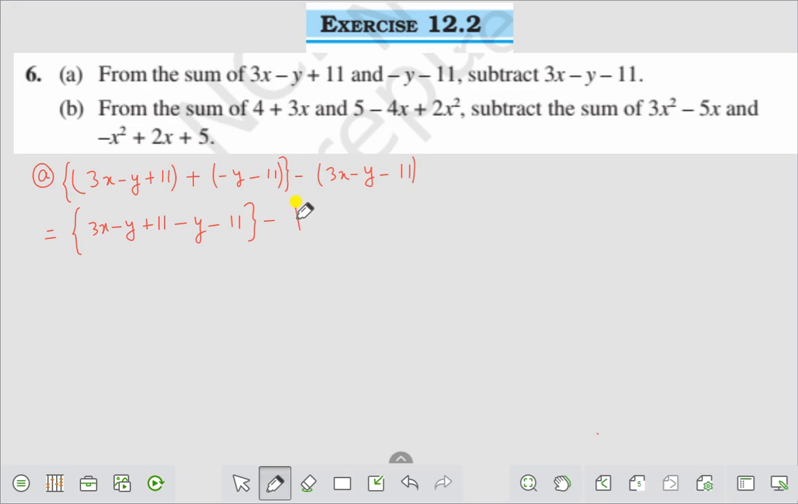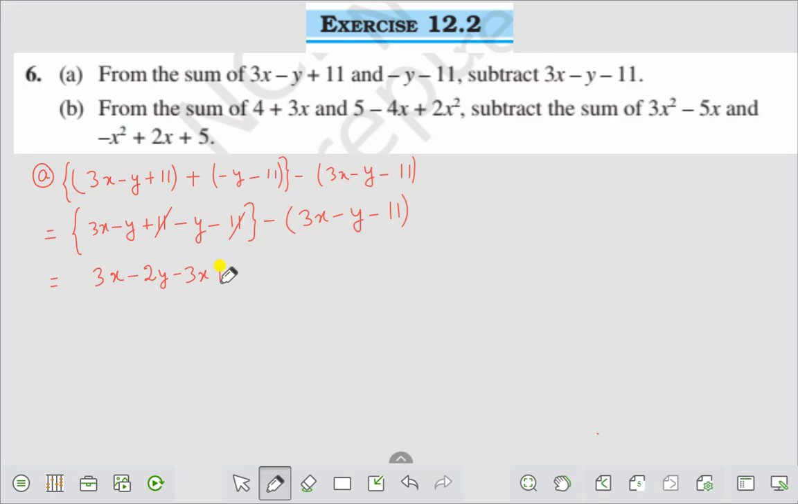minus 3x minus y minus 11. Now you can write here as plus 11 and minus 11 will cut, right? Therefore you are getting 3x minus y is minus 2y, right? And this one minus plus into minus is minus 3x,